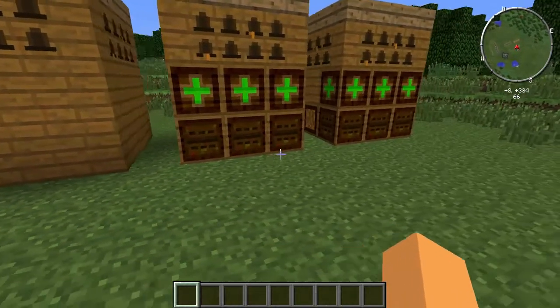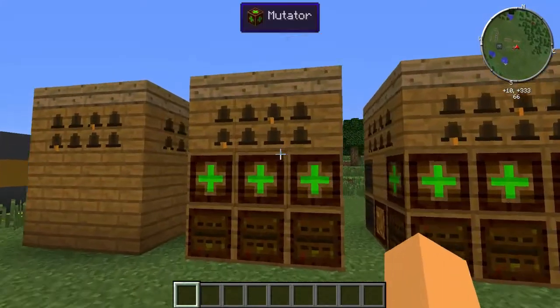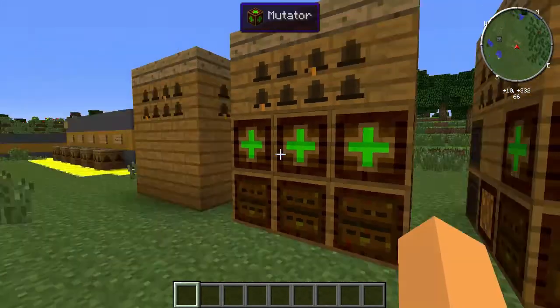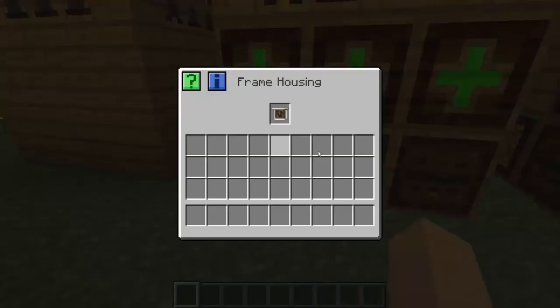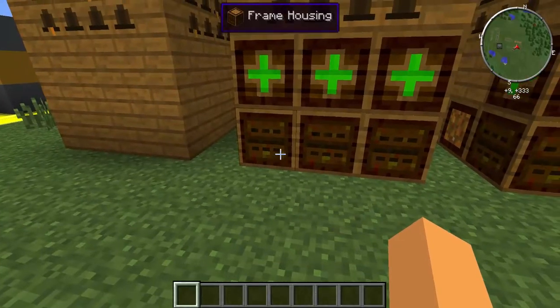So let's go to this one. This is the one I use most often, because I usually set up my bee stuff in a biome like this. I have mutators and frame housings. What do you do with frame housings? You put soul frames in it, and then it gives you the same thing that the